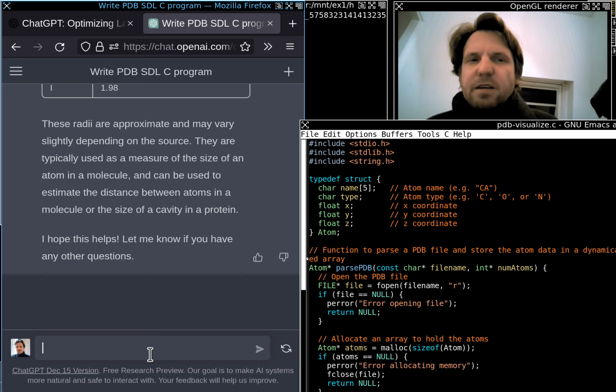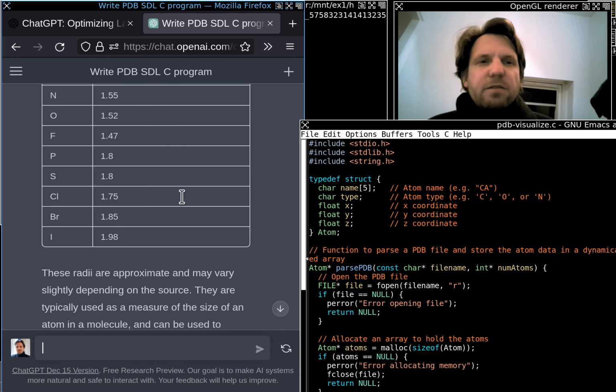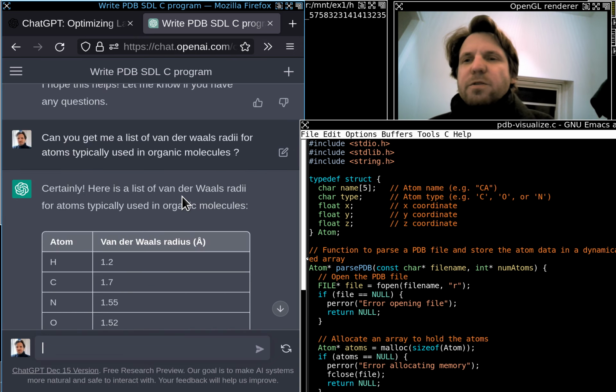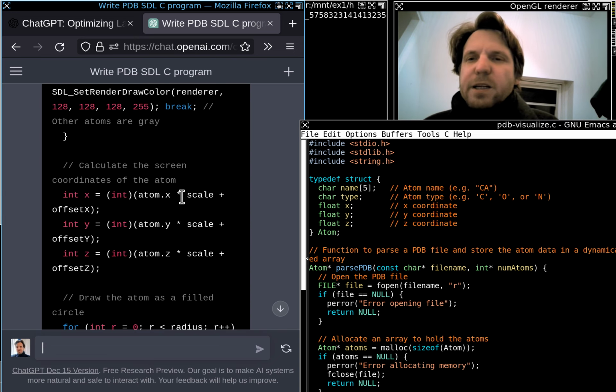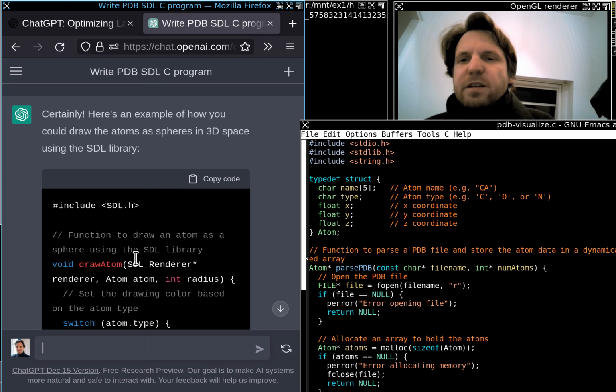Yeah, size of the cavity in a protein. That's way too elaborate here. I just want you to use this list. And right now I will ask him the question, well, use this list,